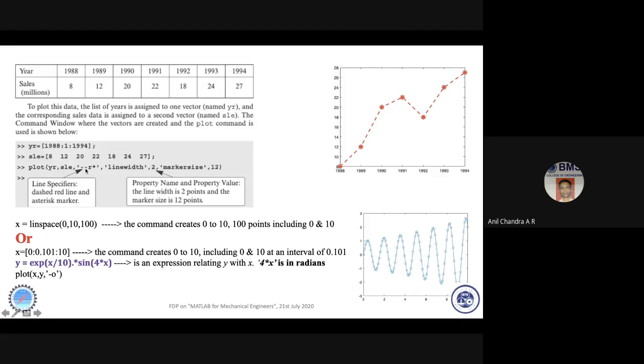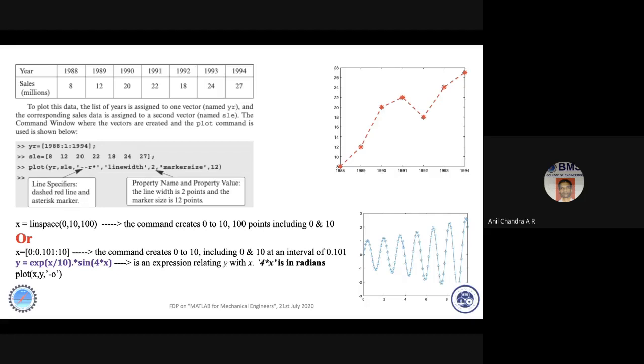So here we would like to have a red line, which is a dashed line. So I used dashed, and R indicated red, and star is the marker. That is the line specifier. Now, if you want a thick line or a thin line, you can define it as line width. Next, you put a comma, put it in quotes, and line width, you may define any thickness, and the marker size. So marker size is this size. You want it very big or very small. So this is basically the syntax.